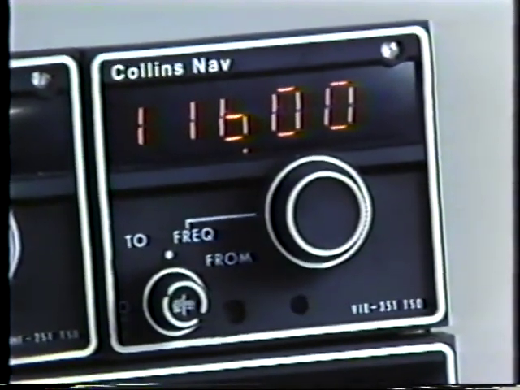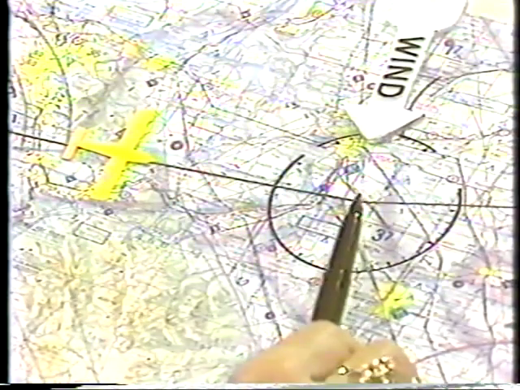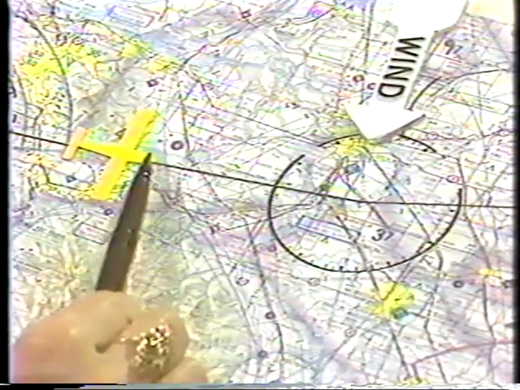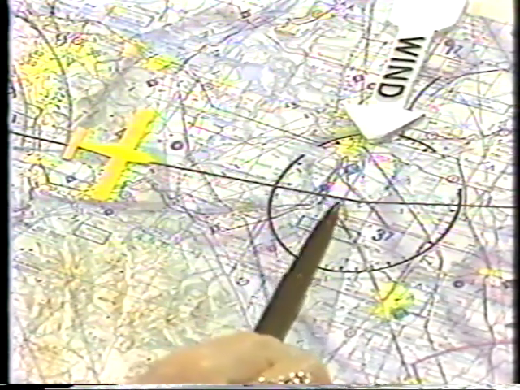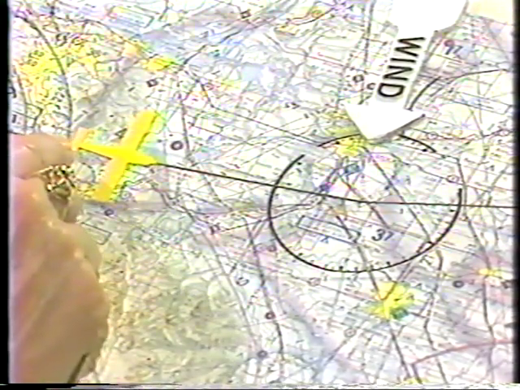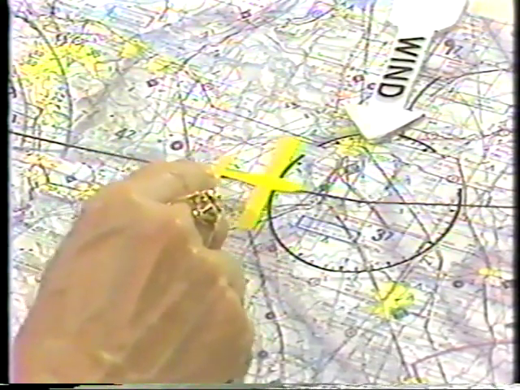We identify it. Now we see that although we did not change the OBS, since we continue to fly the same magnetic course, the flag reads 2. This is because the radial is on the other side of the Stockton VOR from our position. The course we want uses the 245 degree radial, which will take us to the station from this position. We continue tracking inbound to Stockton VOR, making corrections toward the needle as required should the wind cause us to drift off course.